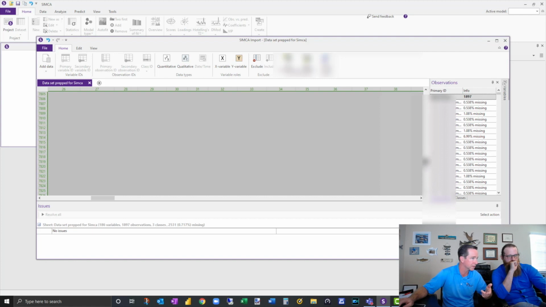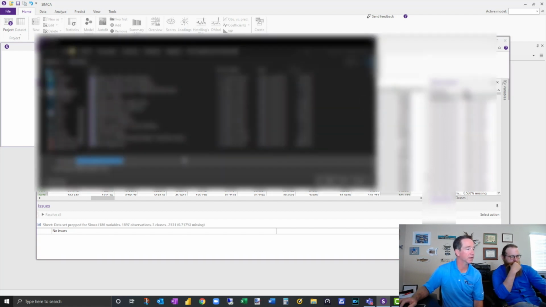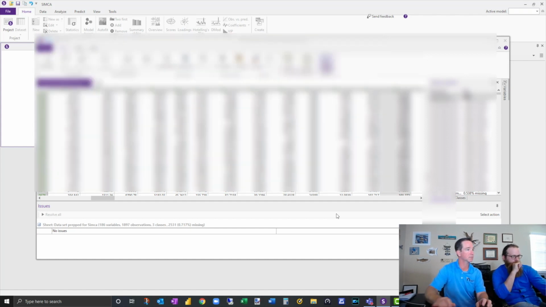And you see I still get this weird gray box. It's probably a feature they have fixed in the latest version of SIMCA that I have not chosen to install and put the license on the file yet. All right, so now we have no issues. And now what we can do is we can actually finish the import, right? And so I'm going to call it Jim and Dave.